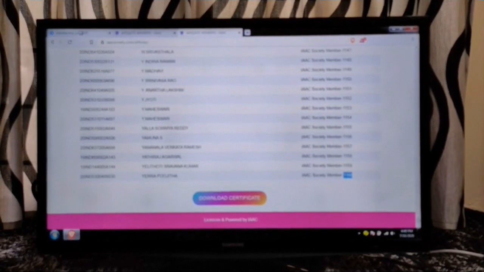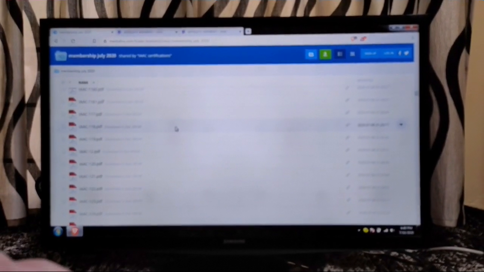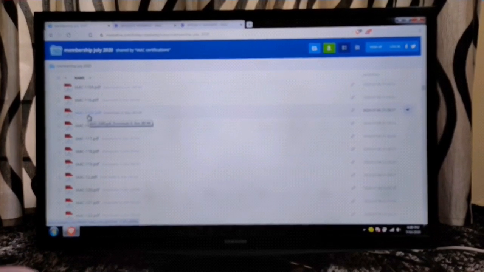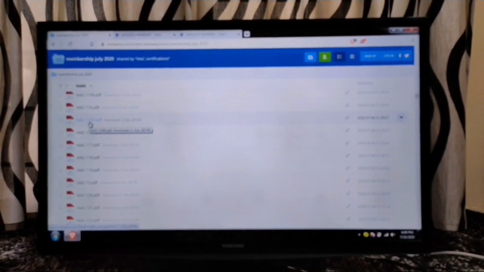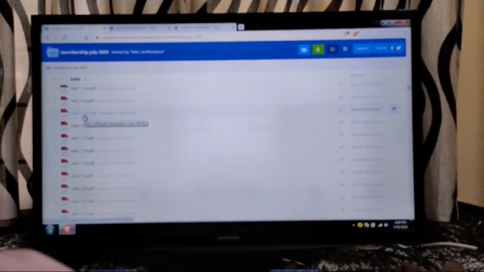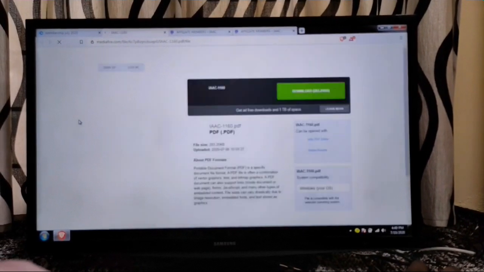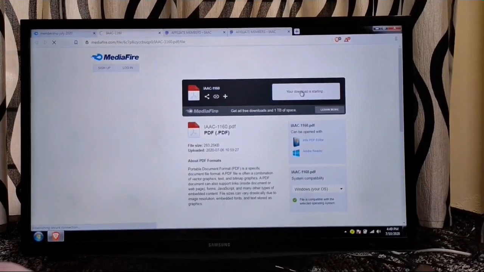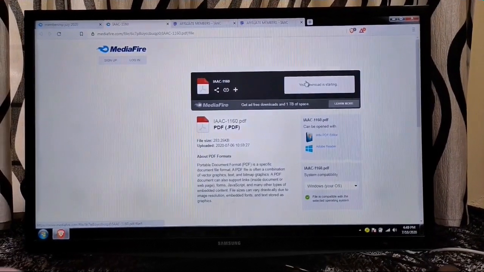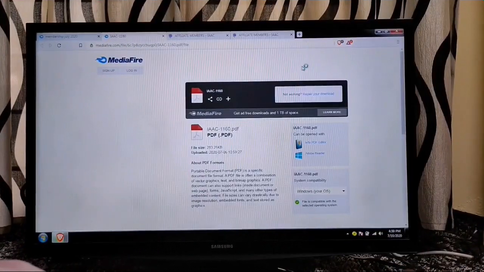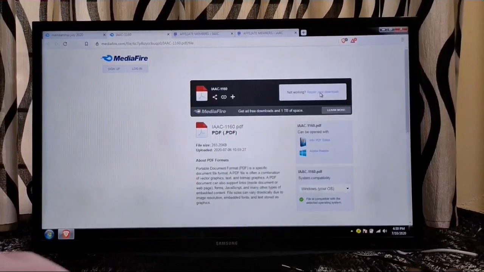As soon as you click on download, it will take you to the certificate form where you can find all the certificates. So here you have 1160. Please do not do this process on a mobile phone, because there are thousands of PDF files which your mobile phone cannot easily access. So we suggest you always use a desktop computer or a laptop to do this. But if you really have a very good internet speed on your mobile phone, you may try, but always be patient in doing this process, because mobile phones take time to download the certificate.